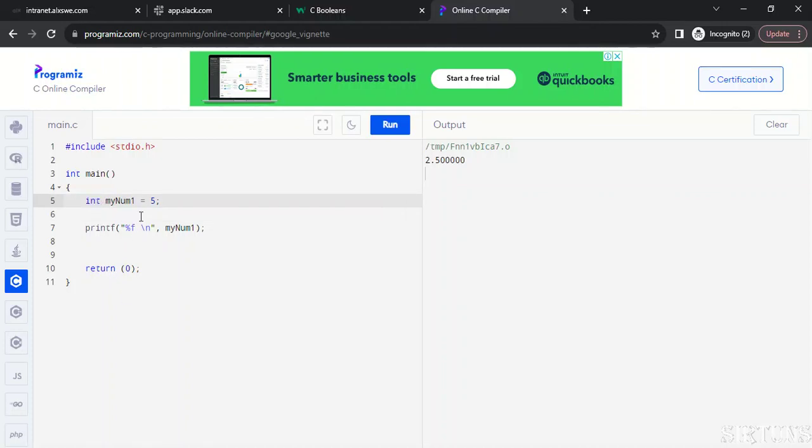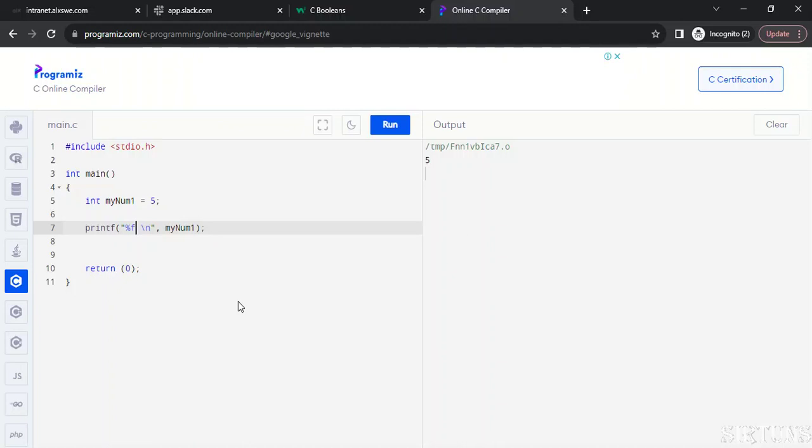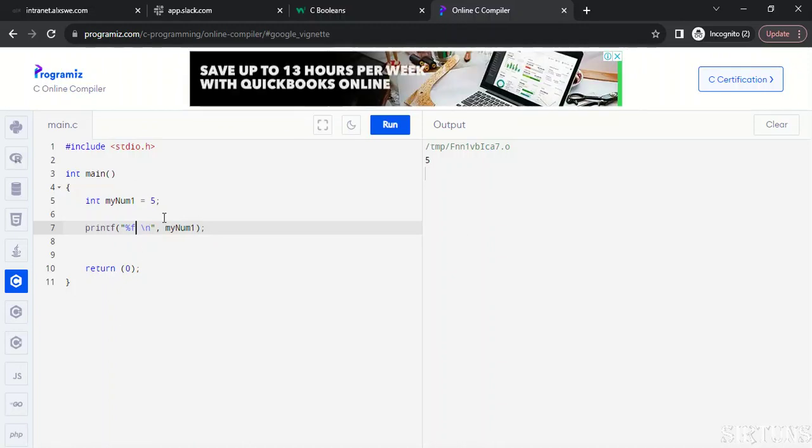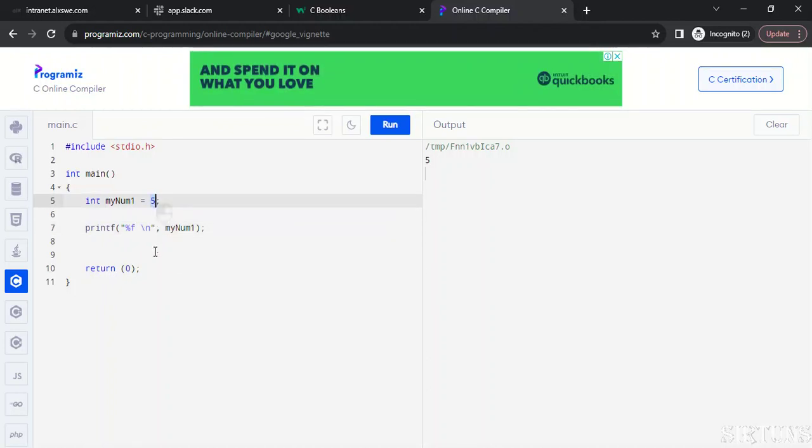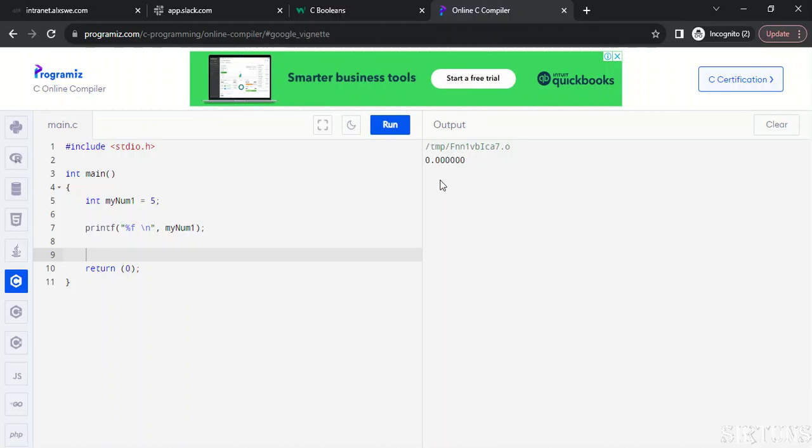And I'm using a format specifier D, which is decimal, which is digit or integer. If I run it, I get my 5. Now, if I change the format specifier for the output to be a float, the C compiler would automatically convert this integer 5 to a floating number. So we see my output is written as 0.000